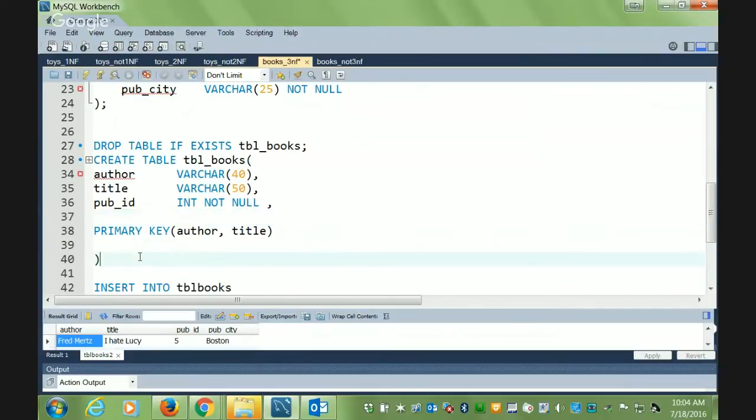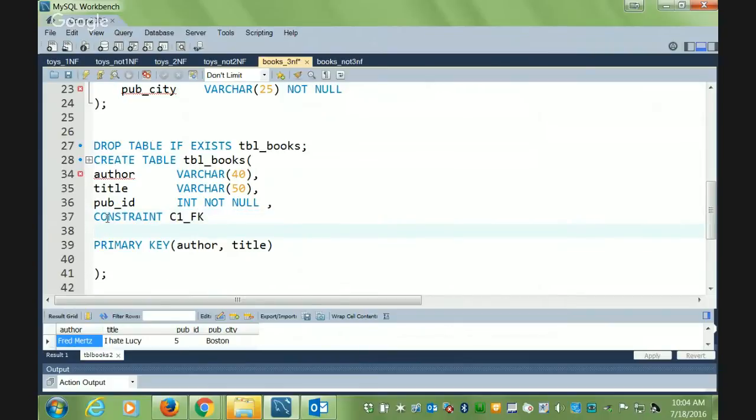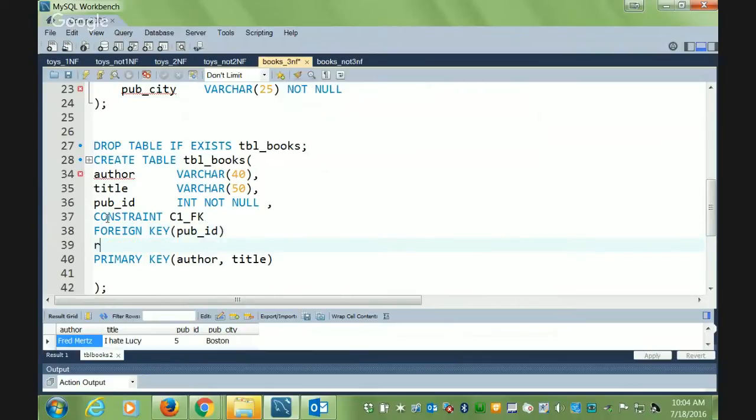There. Okay, let's put the constraint now. Same concept that you've learned in other tables. You'll put a constraint. So put a constraint, please. Call it whatever you like. I'm calling it C1FK, because it's a foreign key, right? And what's the constraint? The constraint is that this is a foreign key. What is the foreign key? Publisher ID is the foreign key. Okay, what can it refer? It references,